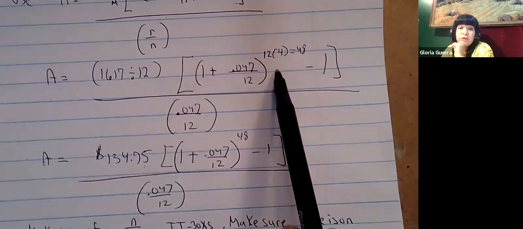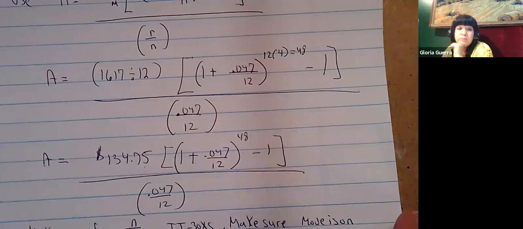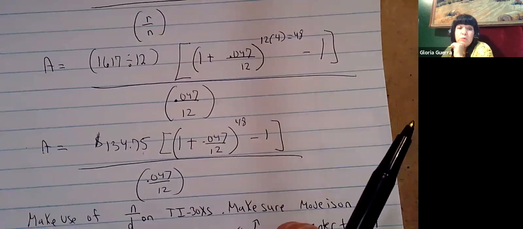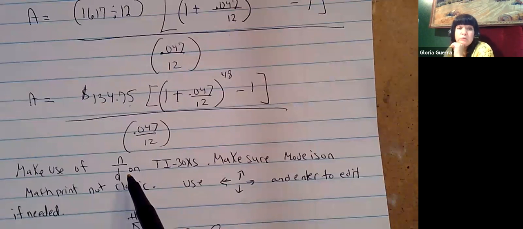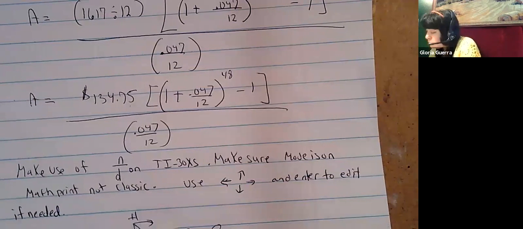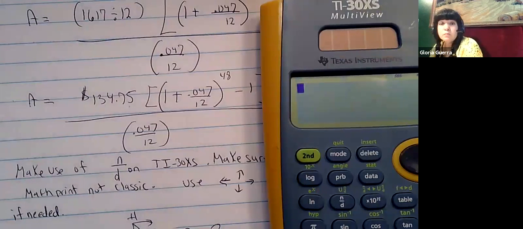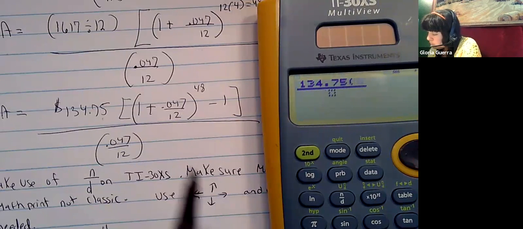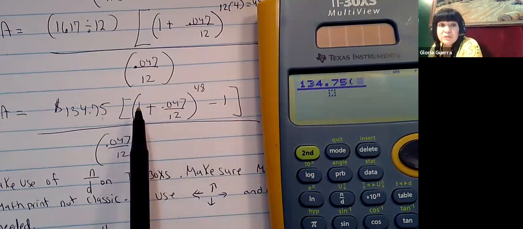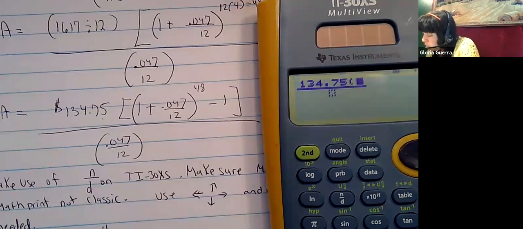12 times 4 is 48. There's your -1. So when you type something like this in, you want to definitely make use of this key. Let's just try that for practice. You hit that key, 134.75. Okay, and then parentheses. This has a bracket and another parenthesis, so that's okay. You have the parentheses, and then you have,